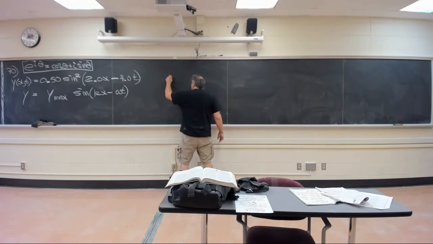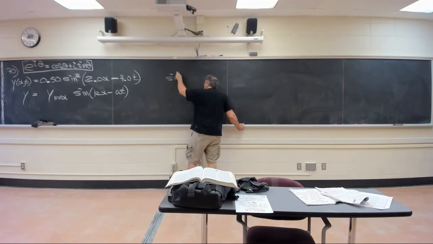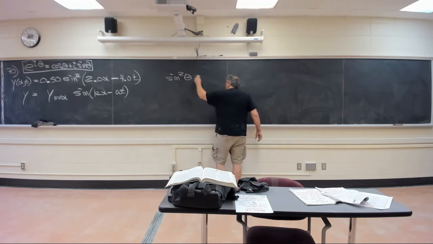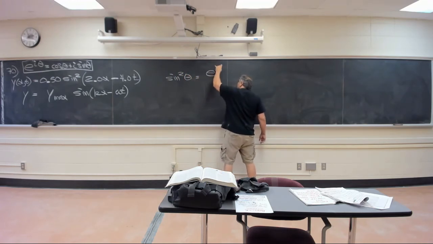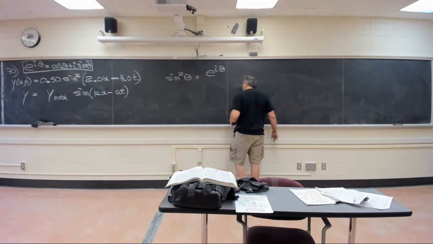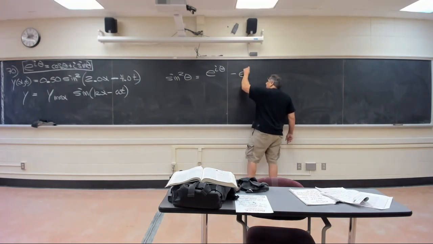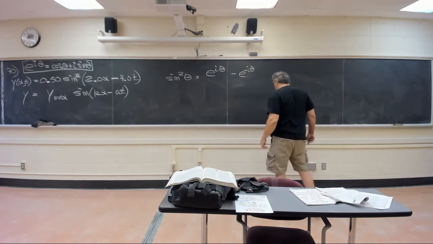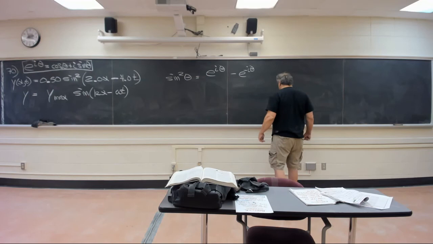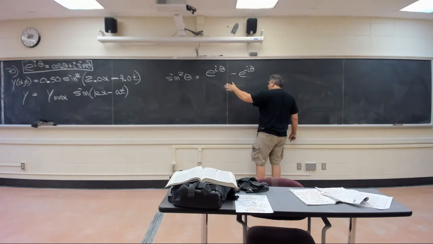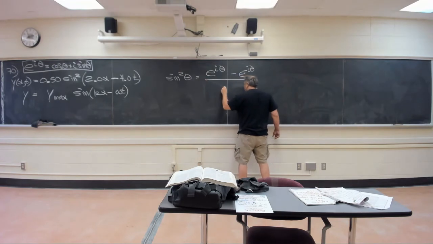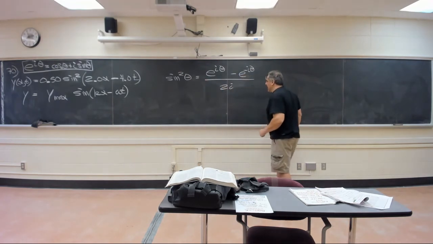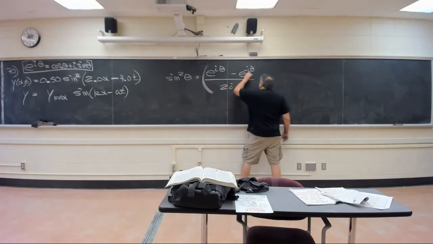You could say that the sine of theta would be equal to e to the i theta, which would be cosine theta plus i sine theta, minus e to the negative i theta, which would be cosine theta minus i sine theta. So the cosine theta terms, when you do the subtraction, are gone. i sine theta minus negative i sine theta is 2i sine theta. Divide by 2i, you get sine theta. Then if you square it,